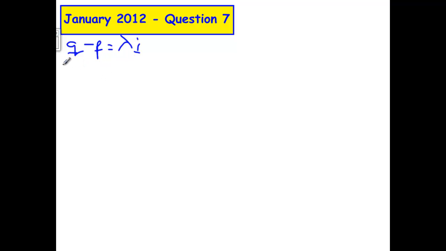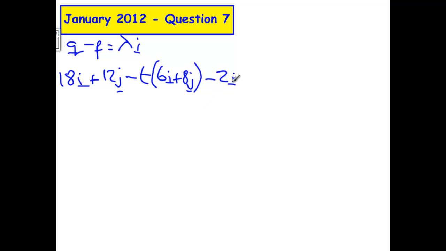If I substitute for q, then that is 18i plus 12j minus t lots of 6i plus 8j. And then if we're taking away p, that will be minus 2i. Because it was minus 8j, taking away minus 8j will be plus 8j. And then we're taking away t times minus 4i plus 8j. And I'm going to set this equal to